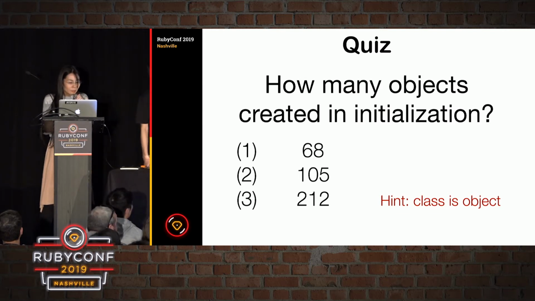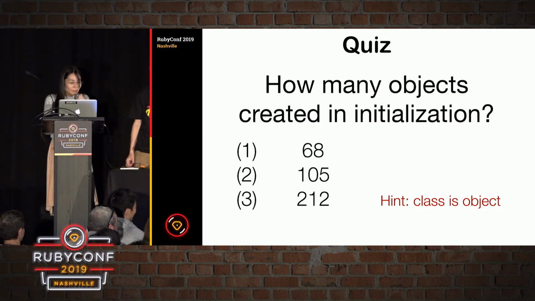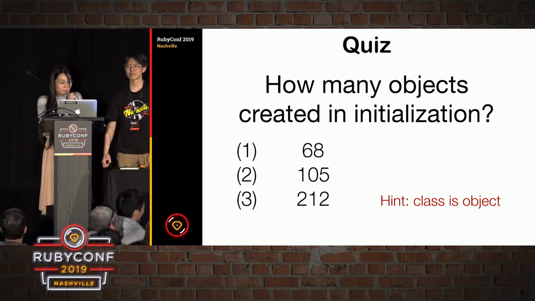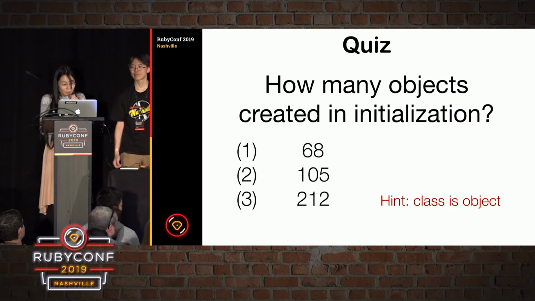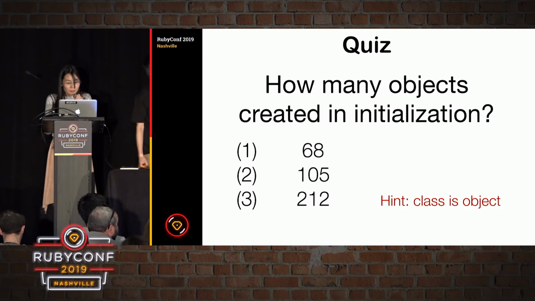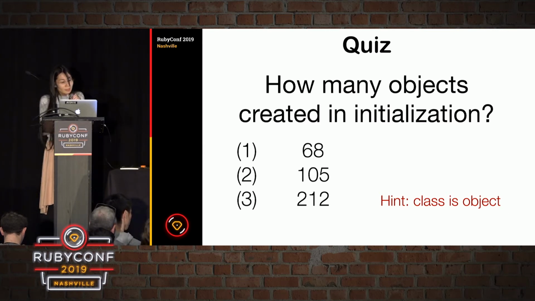The answer is number 3,212. But actually, it depends on the configuration of your mruby. The library of mruby is implemented as mrbgems, like standard gems in CRuby. So mruby is smaller than CRuby. Anyway, many objects are generated when